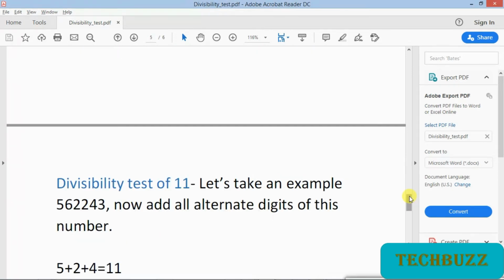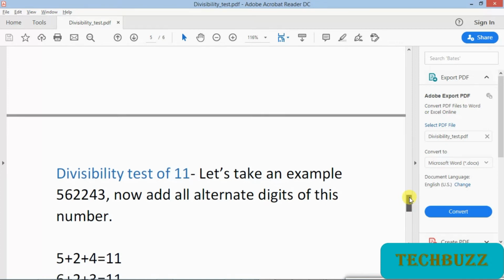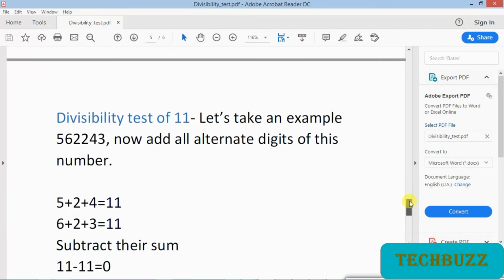Now 11 does not belong to any family. So we have a different method for the divisibility test of 11. For this, let's see an example. Suppose we have 562243. Now what we have to do is add alternate digits of this number. Alternate means we will start from the first digit, then leave the next one, then take the next digit, then leave the next digit, and then take another digit.